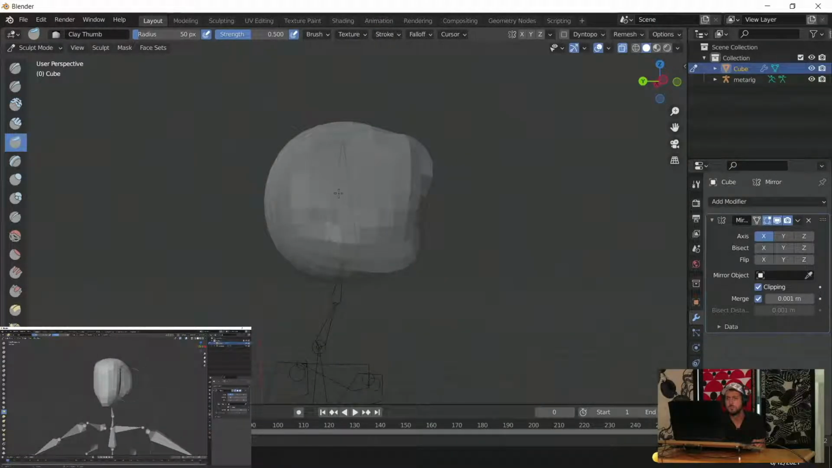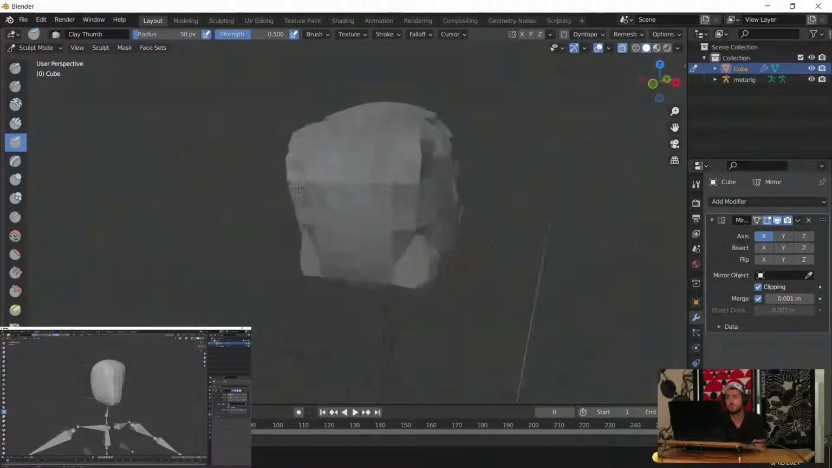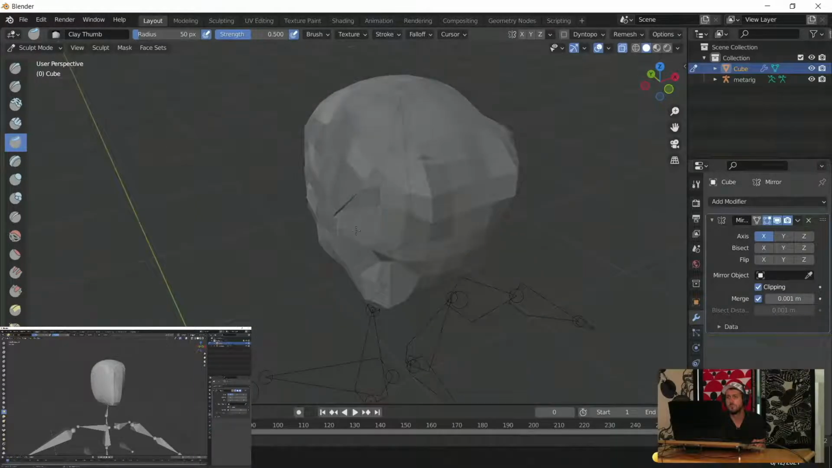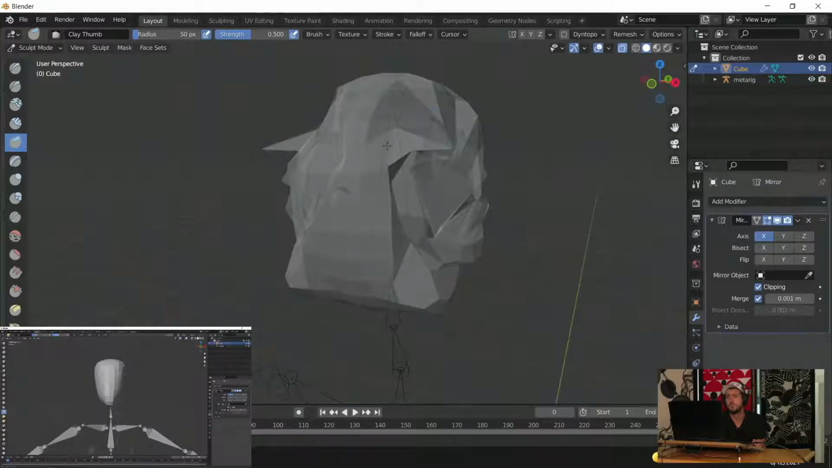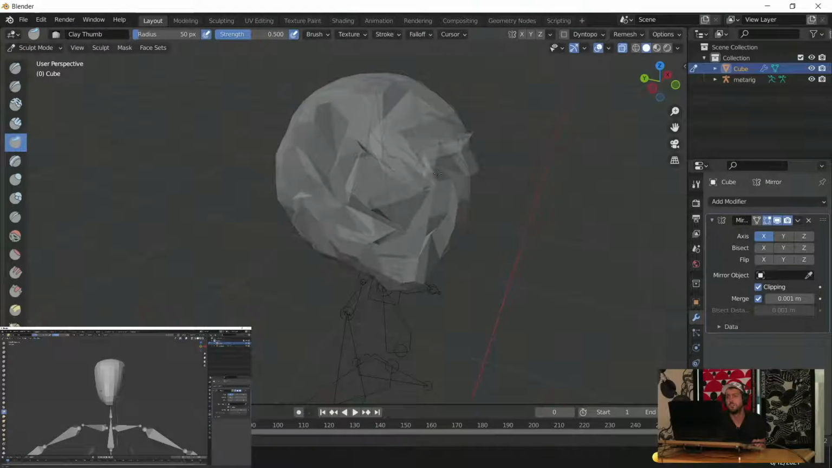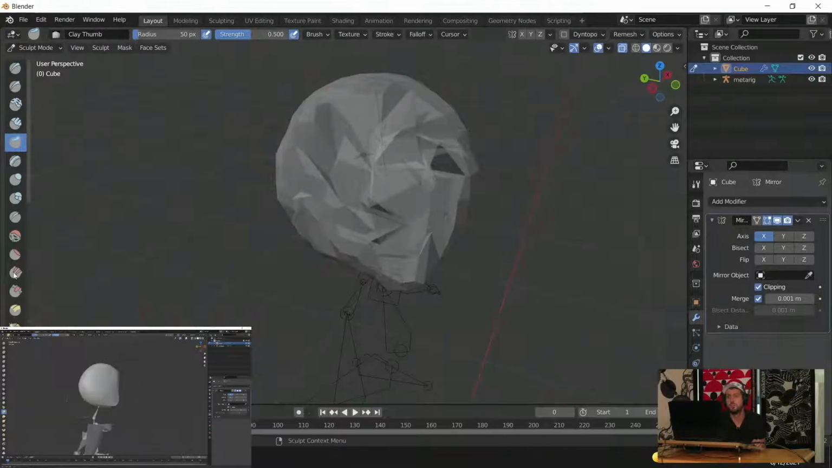The only thing with doing the mirror modifier this way is that you can only draw on one side. So if you were to use the symmetry option with the sculpt mode, you could draw on either side. See how you can't grab on the mirrored side? But you can start to form sort of a